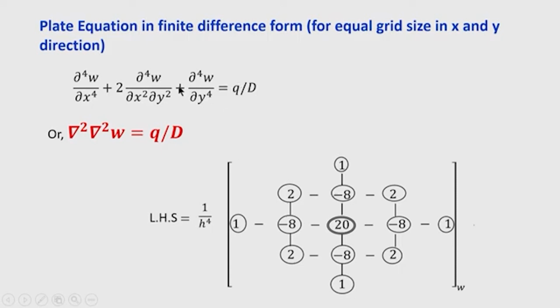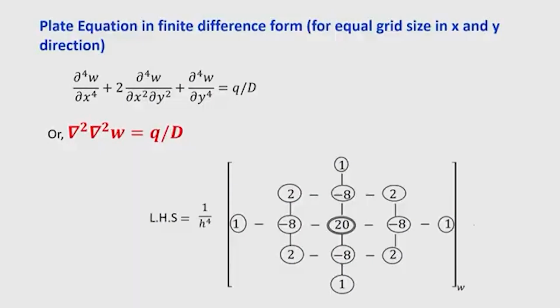Now, D is the flexural rigidity of the plate; it has no connection with the grid size. It is a constant quantity that depends on the material properties, and q is the distributed load. Of course, when we convert the finite difference form for the distributed loading, the load has to be expressed at each node. So, the left hand side of this equation now becomes